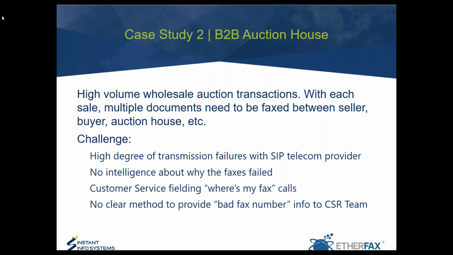So that's really up to the SIP carriers to decide, and our customers found that they really had no control over that. So they were kind of helpless when it came to the SIP integration. Their customer service team was fielding calls saying, "Where's my fax?" So instead of focusing on driving their business and moving their transactions forward to close business, they're fielding calls on "Where's my fax?" which really had stressed out the CSR team, as well as they had a number of tickets